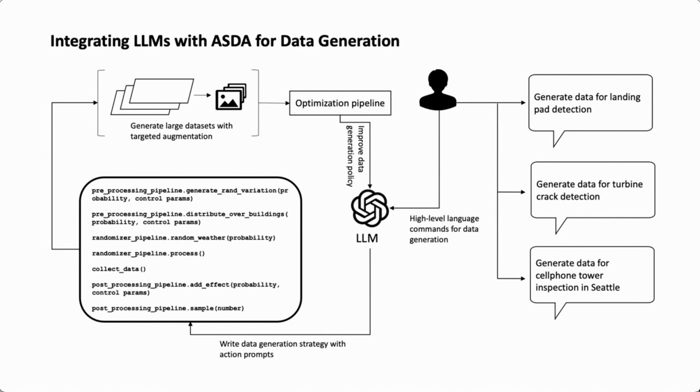ASDA's prompt-based interface for the pipelines can be integrated with large language models such as ChatGPT to support natural language for a more fluid data generation experience. Accordingly, by linking the library of ASDA's pipeline prompts to ChatGPT, users can indicate their data generation goal for a training task, and ChatGPT can parse user intent and convert it to pipeline action prompts to write the data generation strategy. By using our proposed pipeline for data collection optimization in the loop as a feedback, we can improve the data generation strategy generated by the large language model and revise policies to apply targeted augmentations for improved generalization. We intend to implement this strategy in our future work to improve ASDA.